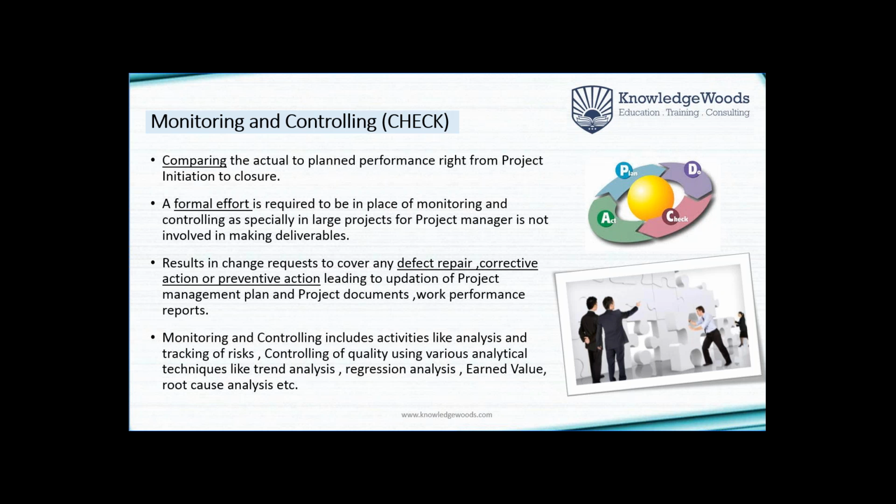Now, variance is when you are measuring the execution with respect to the baselines mentioned in the project management plan. Are we doing the job as per the cost? Whatever we had planned, are we on schedule, ahead of schedule, or behind schedule? Are we over budget, or within the budget? Have we completed the scope, and are we giving more features, or less features and not completing the job? So you compare your execution with the baselines.